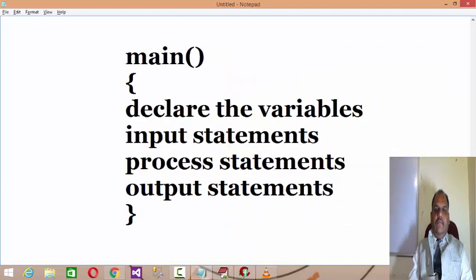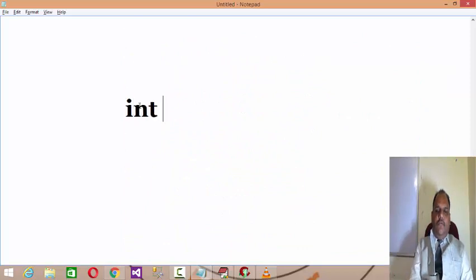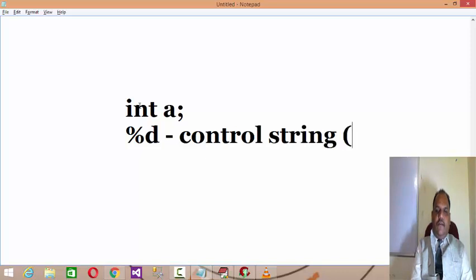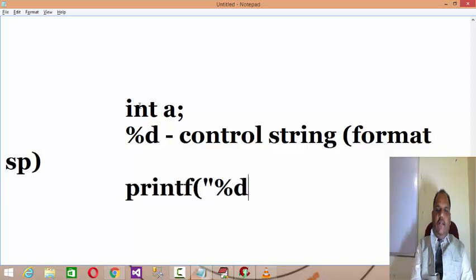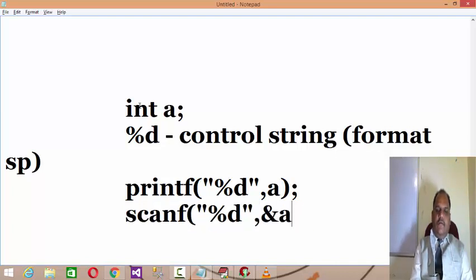If you are dealing with integers, then obviously you have to use %d as a control string or format specifier. While printing the values of variables, or while reading the values of that variable from the user, you have to use this %d as a format specifier. While printing the values, you don't have to use the ampersand operator,